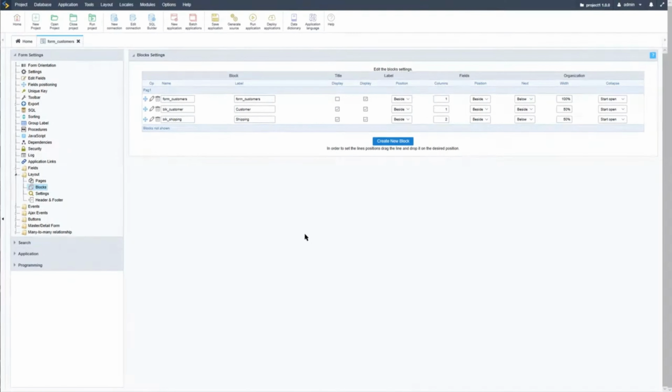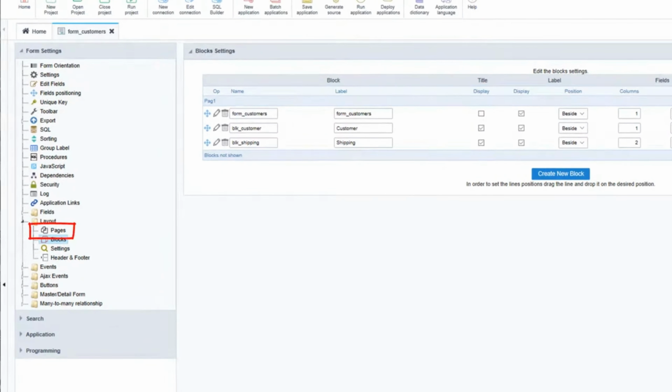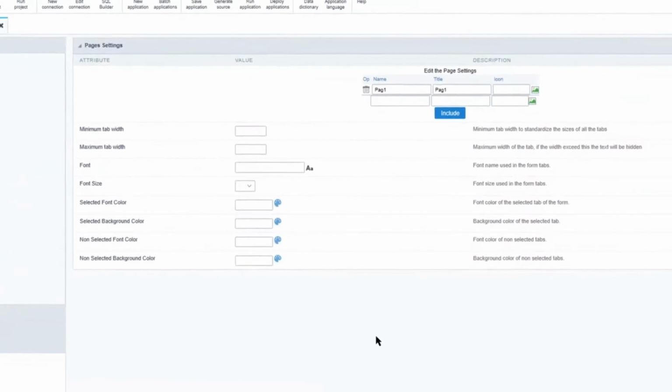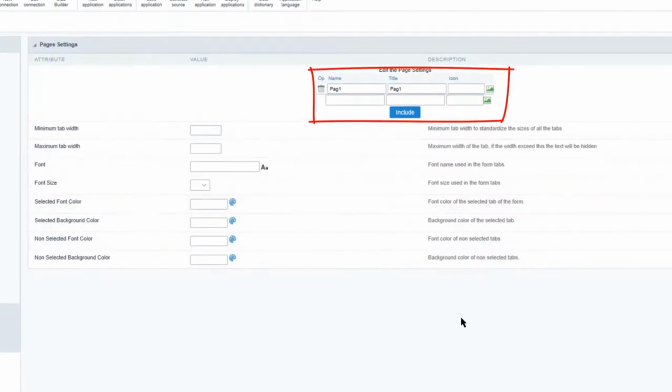Continuing with the side menu option layout, there is another option which will allow us to create a page. So let's go ahead and do that and add a new page to the form. Within the layout options, you will find pages. Clicking that will present the page settings, which is where we can then create new pages, which are handled as blocks or displayed as tabs within the form. You can create a page in the application. By default, we have PAG 1, which is the standard page, as you have been seeing so far.